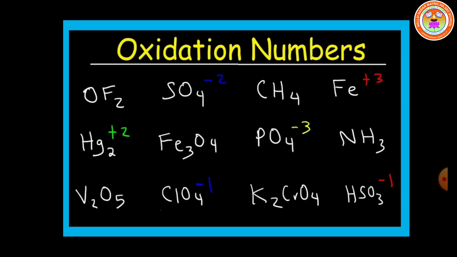Students, today we learn about oxidation number. Children, what is meant by oxidation number? The oxidation number of an element is defined as the formal charge which an atom of that element appears to have when electrons are counted. And students, oxidation number is also called oxidation state.